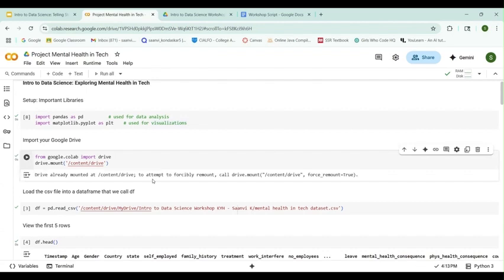You're going to have to click Connect to Google Drive and then choose an account to sign into Google Drive and sign in. And then you'll be able to allow Google Colab to access your Google Drive files. I'll give you guys like 30 seconds or so to do that.